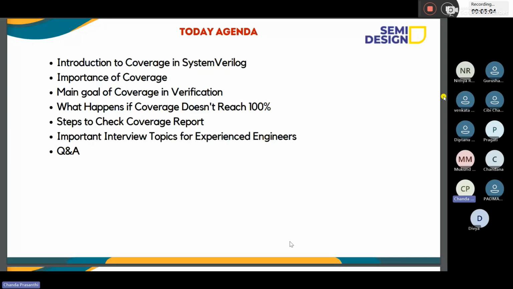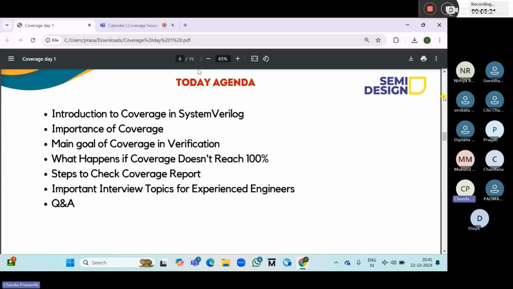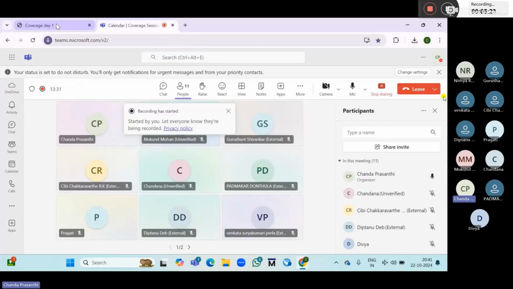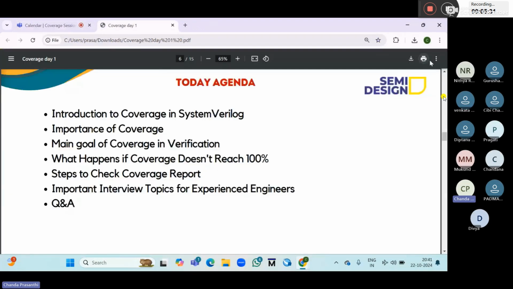What we need to follow to reach 100% coverage, the steps to check the coverage report, and some important questions which are asked in most interviews. These are what we are going to discuss. Meanwhile, if you have any doubts, please let me know. We can discuss everything clearly.